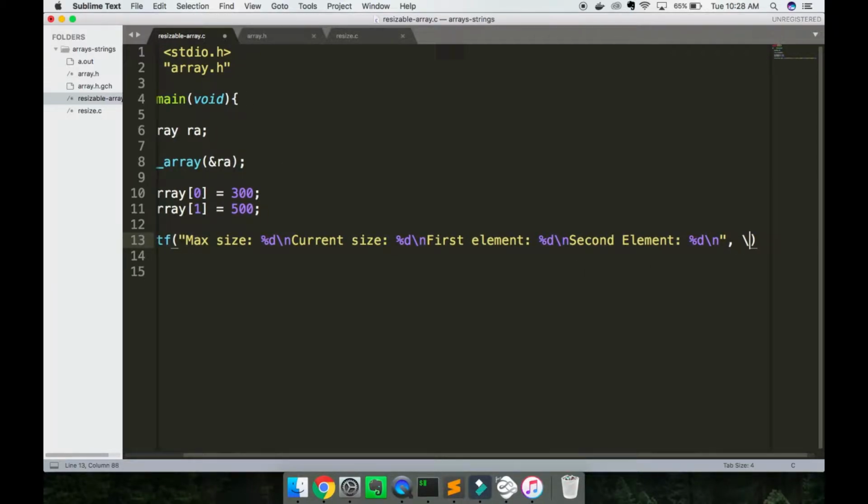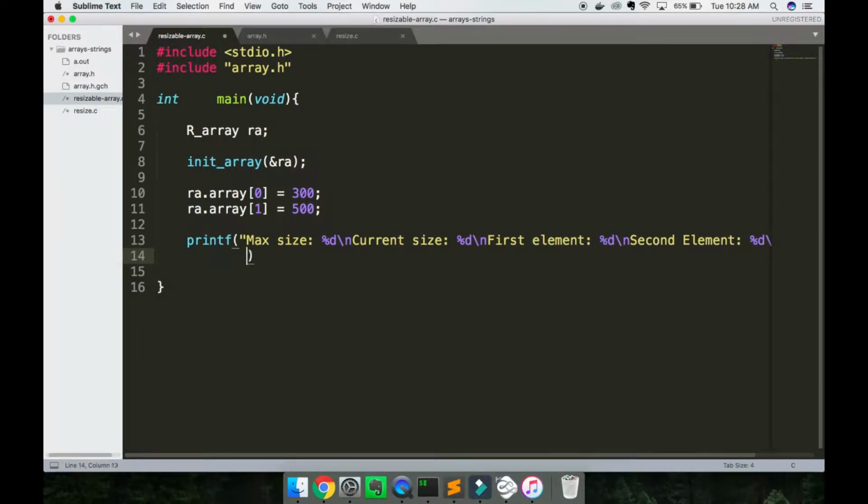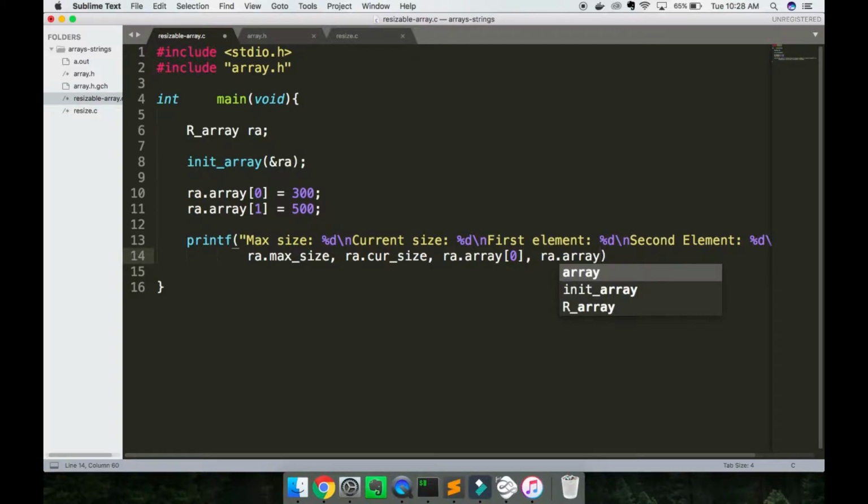Okay, and then we're going to come down to the next line here. It's getting pretty long. And so our max size is represented by RA.max_size. Our current size is RA.current_size. And then our first and second elements are RA.array[0] and RA.array[1]. So this should complete that statement, and if all goes well, we should be able to visualize what we've just